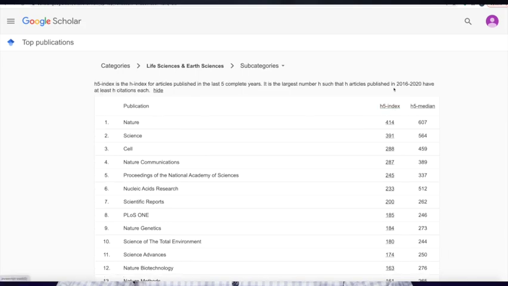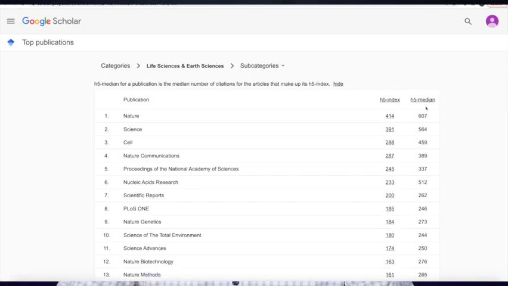And if we click on H5 index, it gives us the definition. H5 index is the H index for articles published in the last 5 complete years. It is the largest number H, such that H articles published in 2016 to 2020 have at least H citations each. And the H5 median is the median number of citations for the articles that make up its H5 index. So it's kind of removing that distribution problem that we talked about in the previous video by looking at the